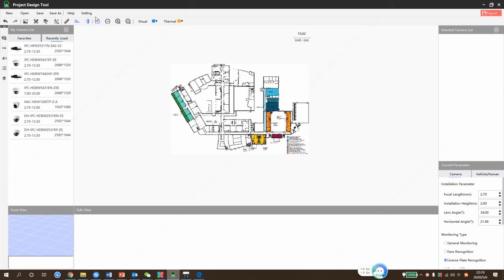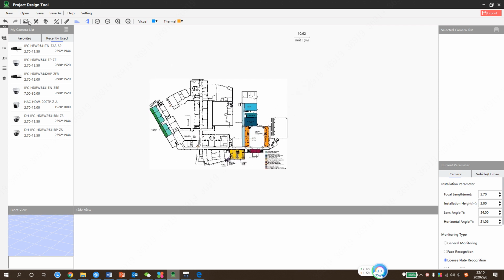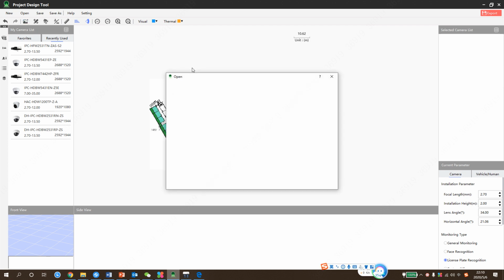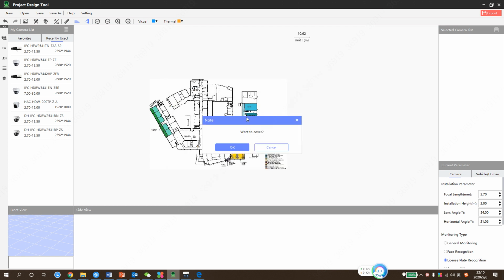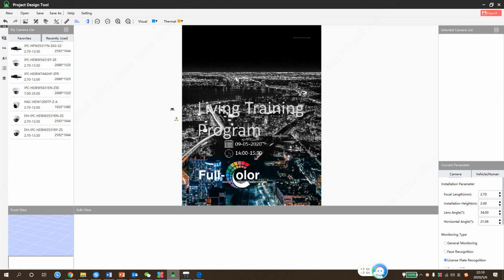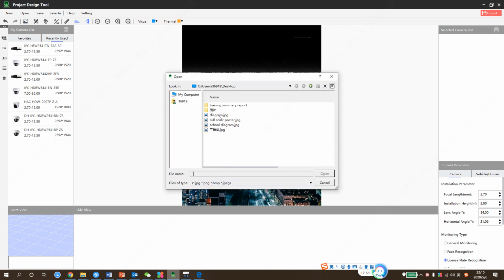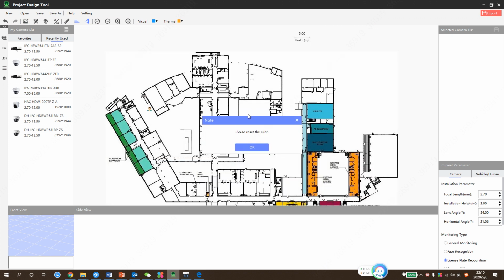After you finish the unit setting, the next step is to import a picture or a diagram of the construction. Right now I just click here, import the diagram. Okay, I just click this one. Sorry, this is the poster. Sorry, I just change it back. Okay. So I import a diagram of the construction, and after I finish opening this one,